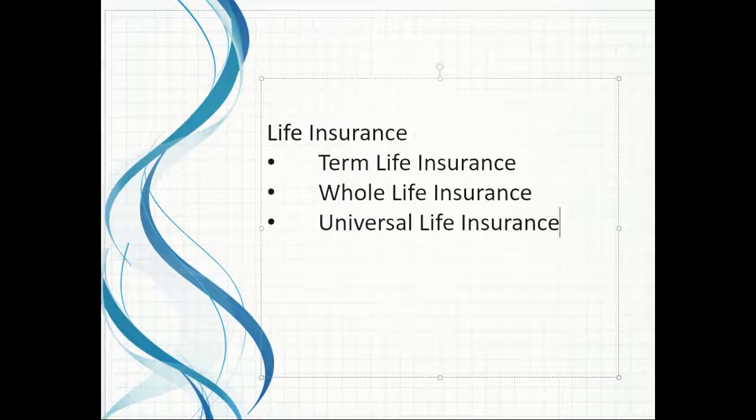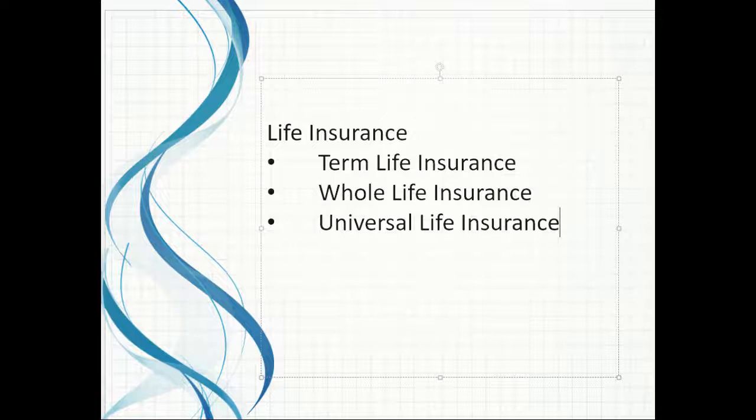Another protected program is life insurance. There are 3 kinds of life insurance that employers typically offer: term life insurance, whole life insurance, and universal insurance. Term life insurance, the most common type offered by companies, provides protection to employees' beneficiaries only during a limited period based on a specified number of years. After that, insurance protection automatically expires. Neither the employee nor his or her beneficiaries receive any benefit upon expiration.